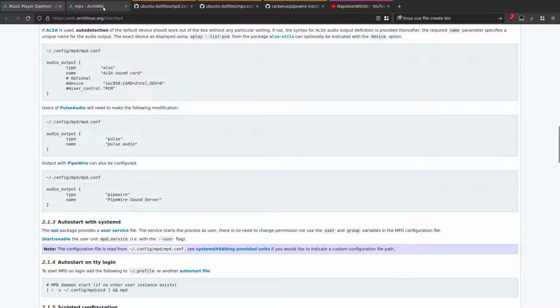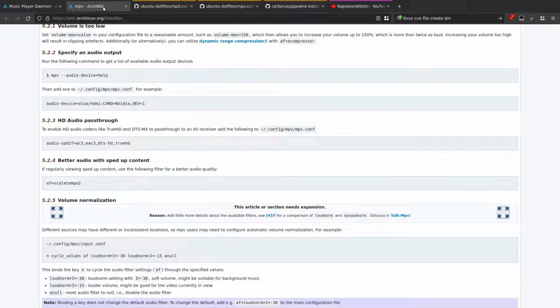So that's how you set MPD to use Pipewire. Now we're going to have a look at MPV. And what I'll also do is go through some notes on getting Pipewire set up. What you can do with MPV is specify the audio device to use for the output. Now, by default, I don't think MPV has got support for Pipewire yet. So what happens at the moment is, by default, it's going to use pulse audio